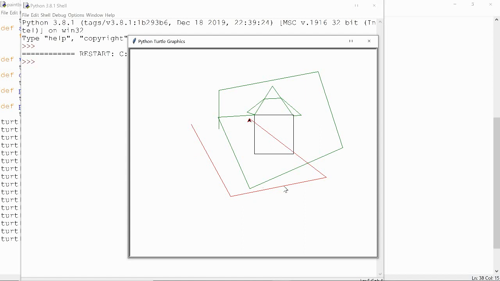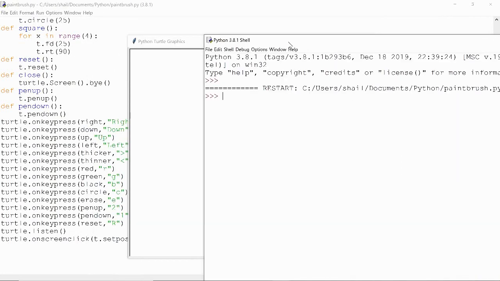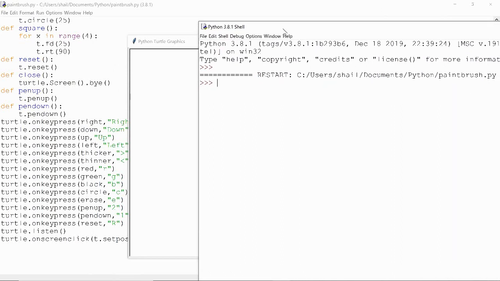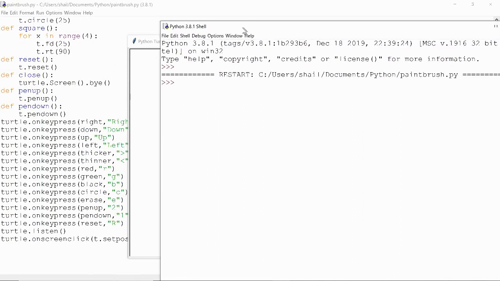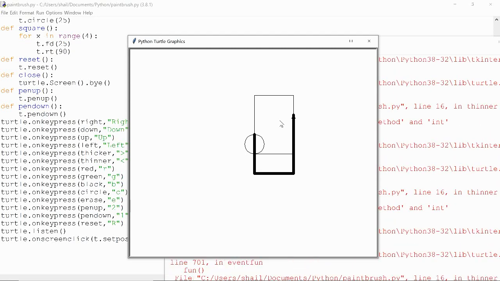If I reset the screen with Shift R as I've rekeyed it, we can make a circle. Apparently I forgot to set my speed because that's pretty slow. So what did I rekey my square to be? Let's see. What did I make my square? Okay, apparently I forgot to key the square. If you did key the square, you would have seen a square, but I didn't key a square. You can see a pen up and pen down. If you go pen down a ridiculous amount of times,